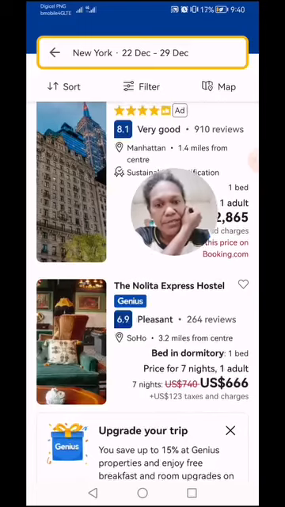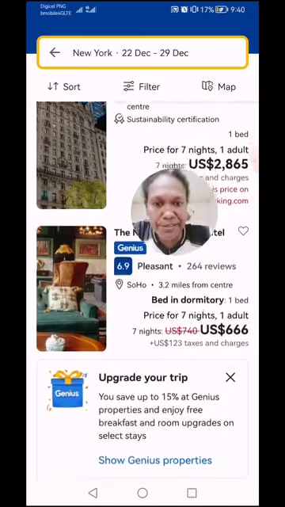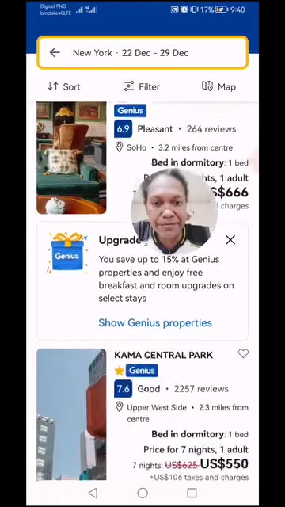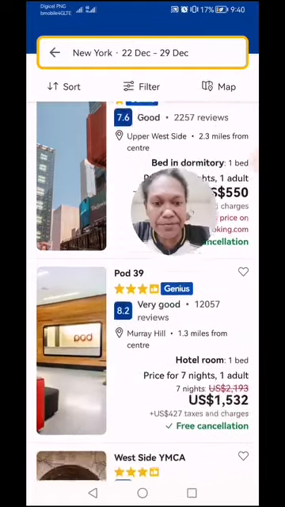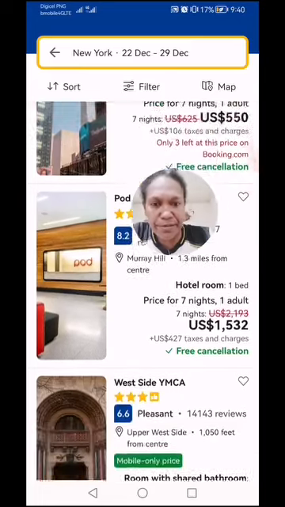If you're traveling like a backpacker, you can just stay at a hostel, like for ladies, a bed in a dormitory.